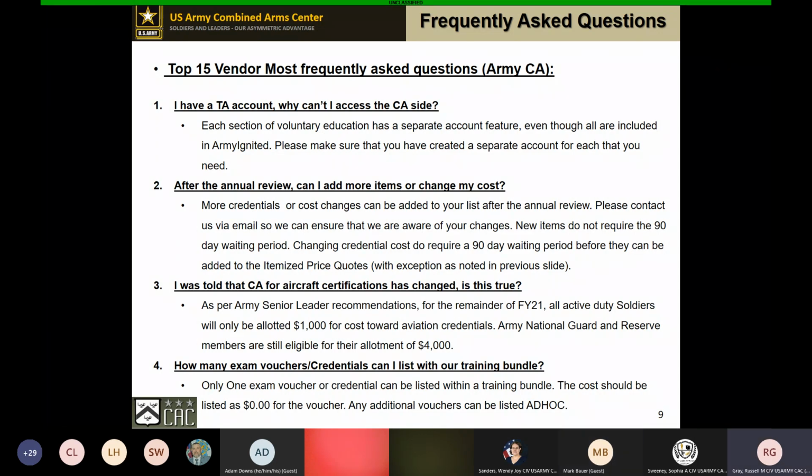Does that make sense? Even though we, like I said, for simplification, we have the overall cost and then everything is wrapped into that cost. We don't have separate itemized costs. Like we don't charge separate for the books or separate for this. Yeah, we need it to be itemized. And matching what we have in the Army Ignited application. Correct. Okay, we'll make those changes. Thank you, sir.